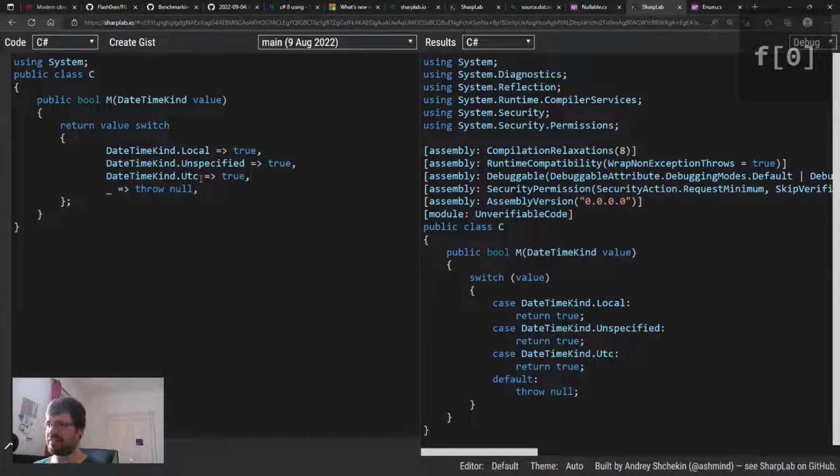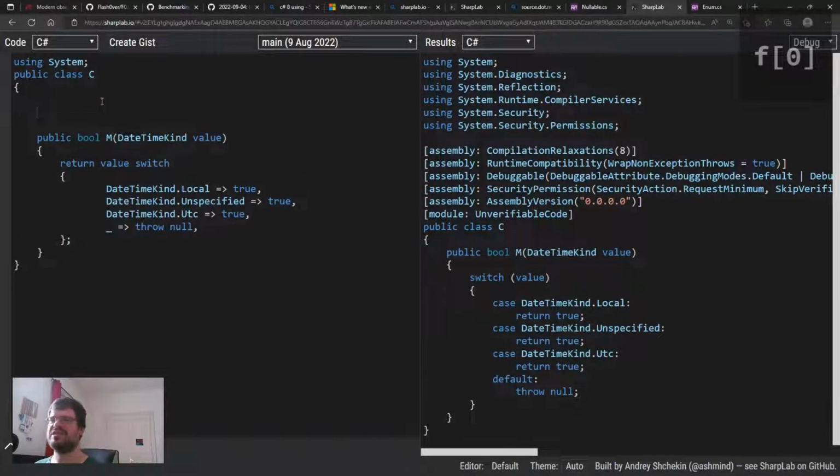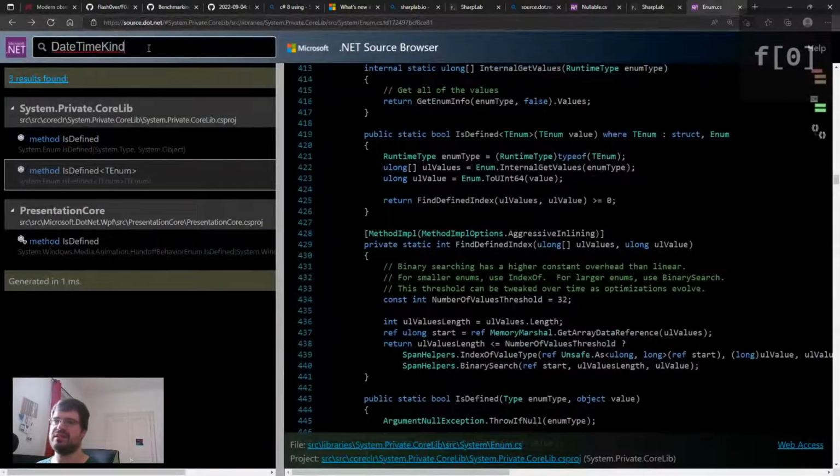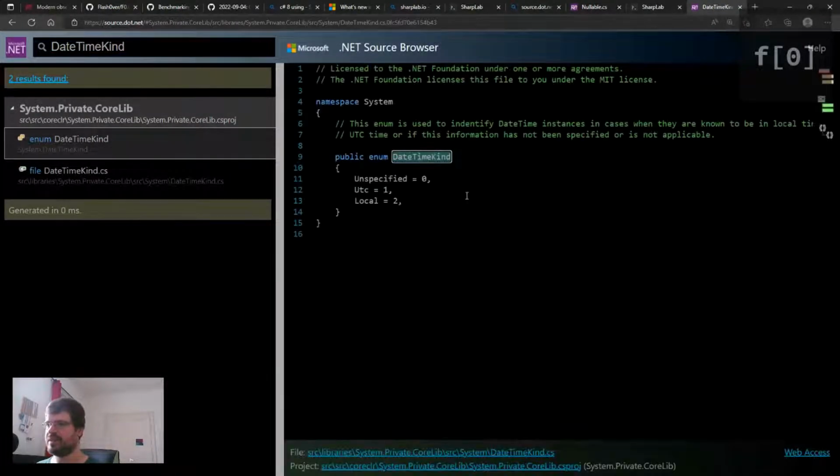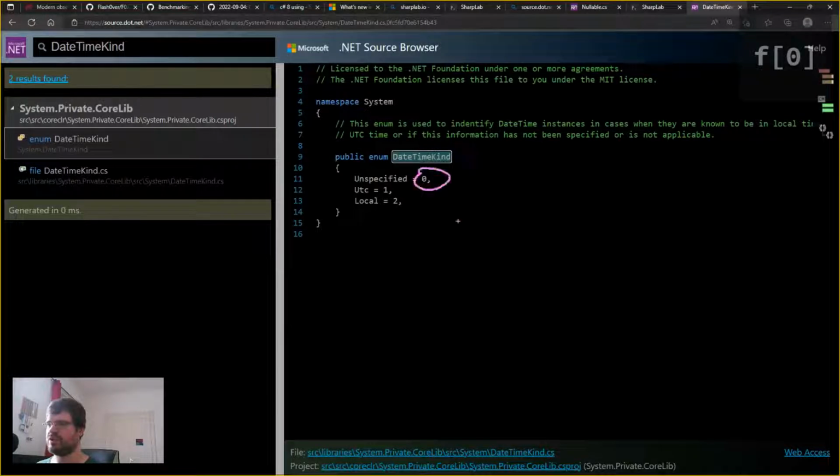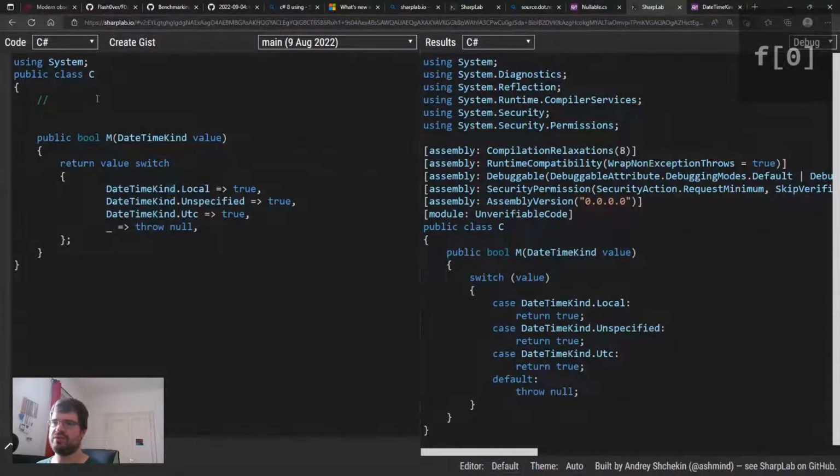I'm there for 2 more weeks, and I want to leave one last package behind to use, because we had some parts in our code. What I saw is that we want to have the value of the enum as a string. Because let's have a look at DateTimeKind. What we use is get the 0 as a string, get the 1 as a string, get the 2 as a string. This you do via